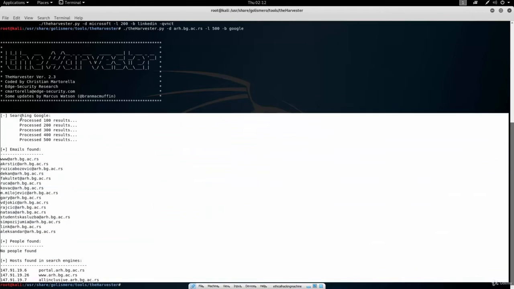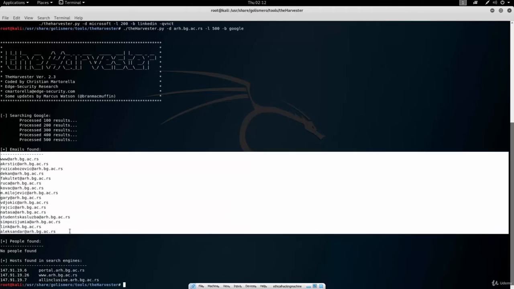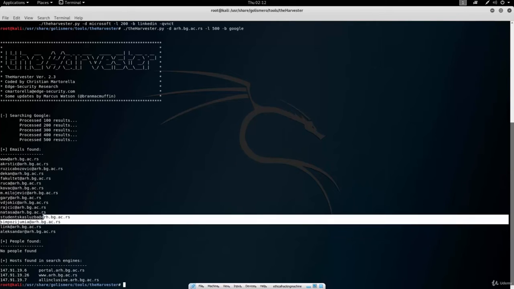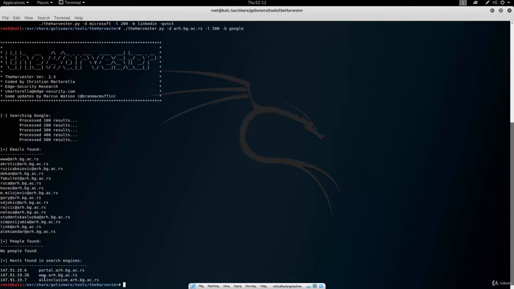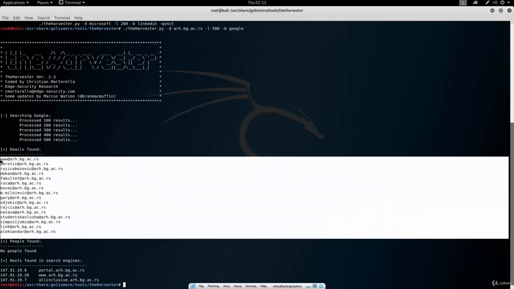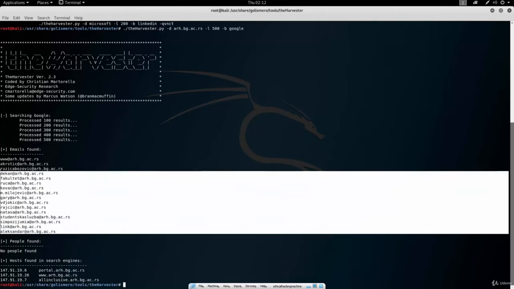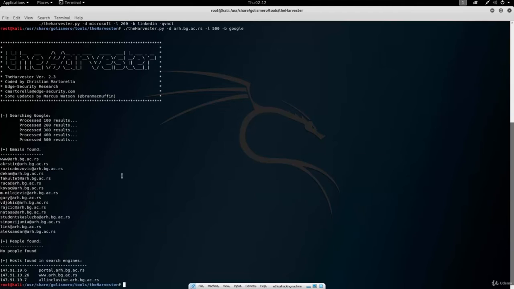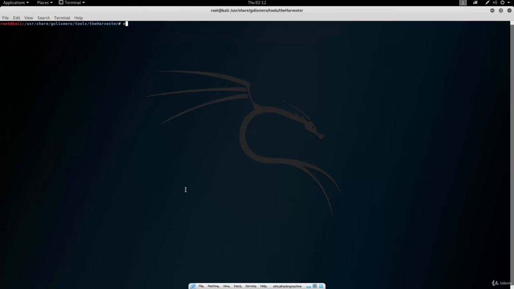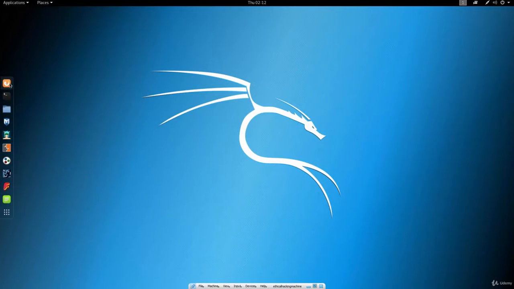For example, we found a bunch of email addresses that belong to that domain, as you can see right here. We also found some of the hosts with their IP addresses that also belong to that domain. You can see portal, all-inclusive, and we found some email addresses that, if this was a company that we were testing, we could use in order to proceed with our attacks. For example, we could send malware to all of these email addresses and hope that some of them will open it. But I just wanted to show you that it works sometimes, so let's just proceed on to Shodan,